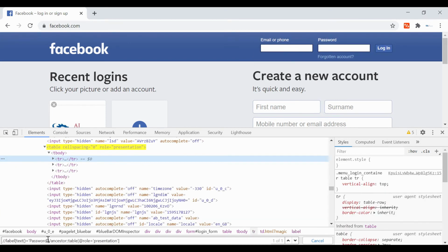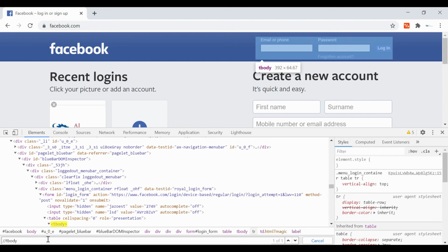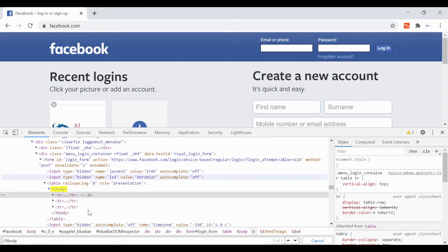So let's go to tbody directly. Then I want to check the children, and the number of children you can also see, if you just provide child double colon and tr.